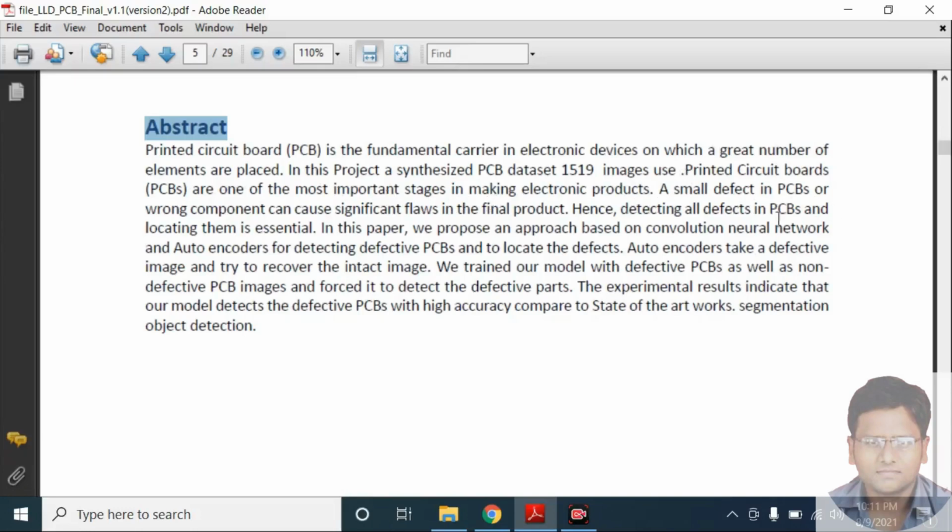A small defect in a PCB or a wrong component can cause significant flaws in the final product. Hence, detecting all defects in PCBs and locating them is essential. In this paper, we propose a convolutional neural network based approach for detecting defective PCBs and locating the defects.